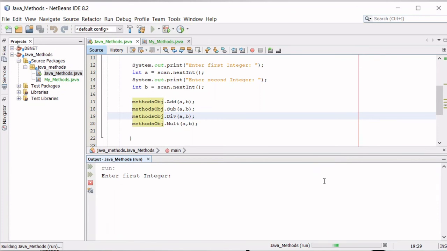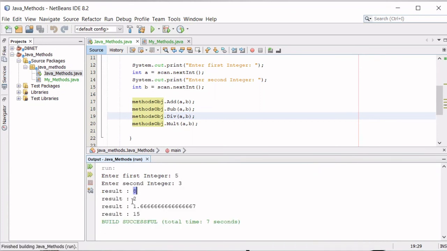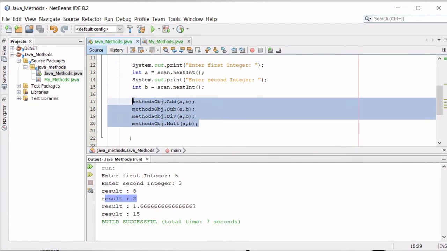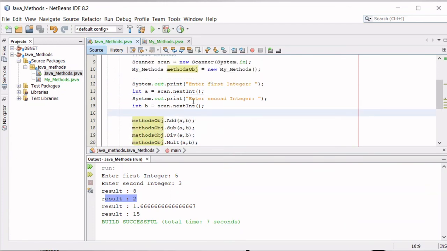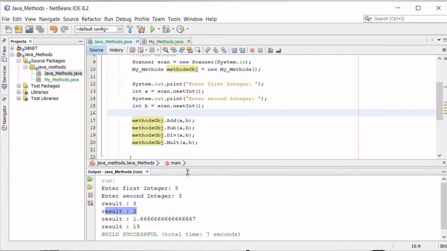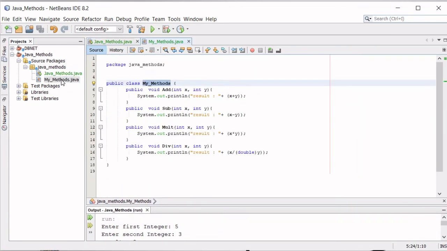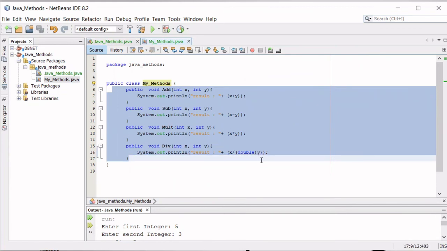So it says enter the first integer. I'm going to say 5 and then 3. Notice that I get 8, 2, 1.66, and 15 as the outputs, which is an output for each one of these invocations of these methods. Okay, so this is the second way of declaring methods and gaining access to them or invoking them, and that is by creating a separate class, defining your methods in that class,